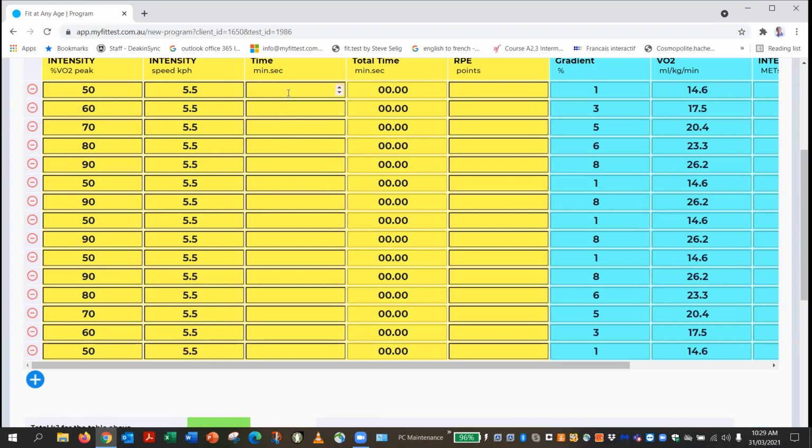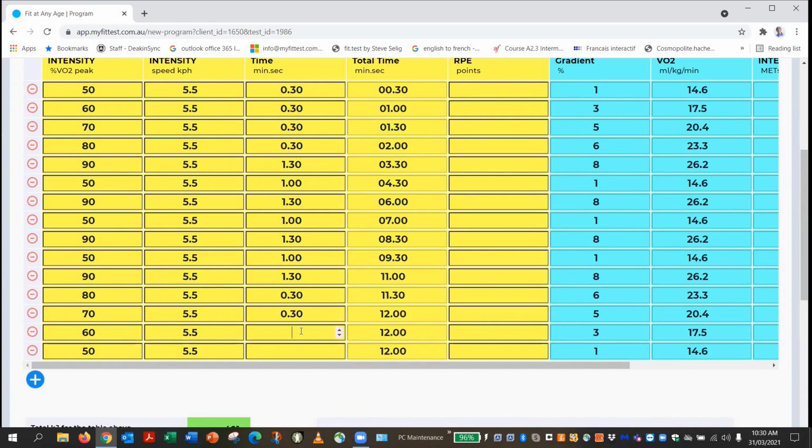And the time, I might make these easier ones at the beginning of just 30 seconds. Again, copy those down until we get to 90, and then I'll make it 1.30 at the top end. And I'll make all the interval training, I'll make that 1 minute. And I'll make all the 90s just for now, just to show you. And then these 50s at 1 minute, and then